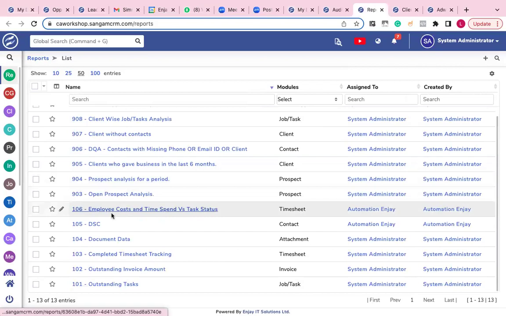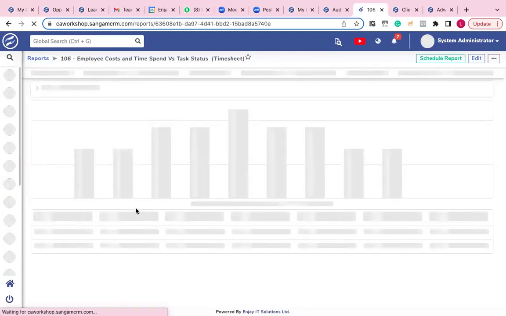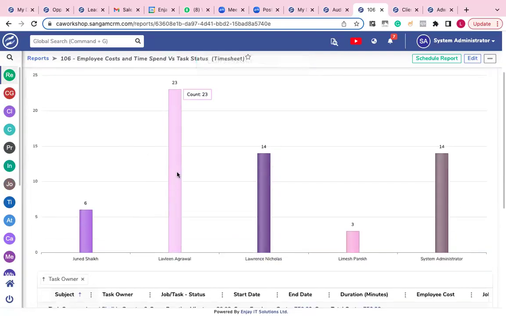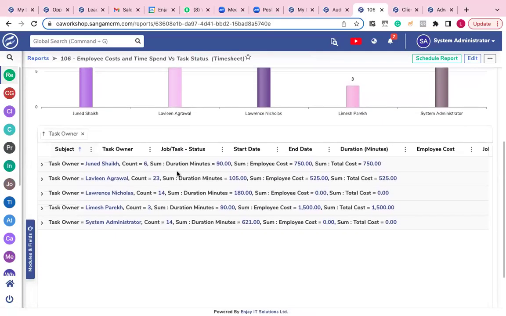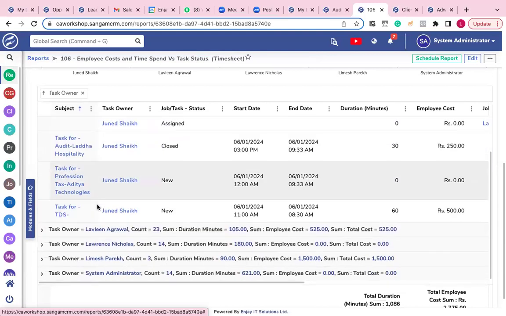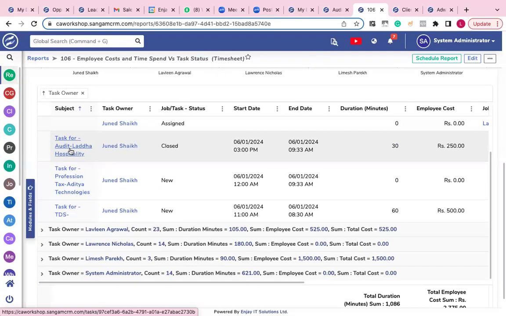Here is one report where I want to see employee cost and time spent versus task status. So what does this mean? Let me show you. I click on this report right now. Okay, there is a graphical report also, but let's see the detailed view which we want to analyze. First of all, these are all my articles or team members, users. So Lawrence is there, Junaid is there, Lovely. Now let's say I want to see what Junaid is doing. I click over here, and I can see there is one task which was for an audit